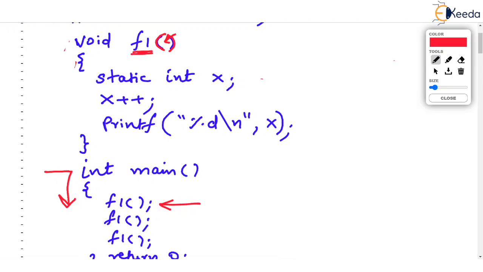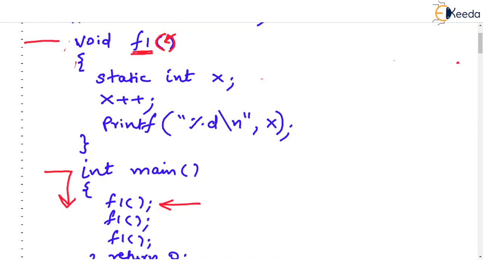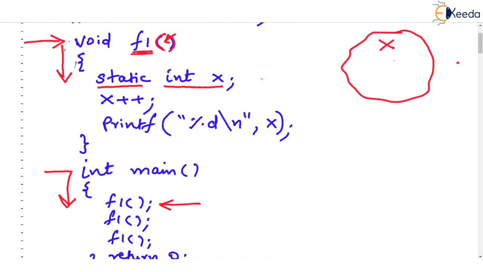So this function f1 is called for the first time. Then this variable X is getting declared as static storage class variable. So X is going to be stored in the memory with default value 0 because we have not assigned it any value.